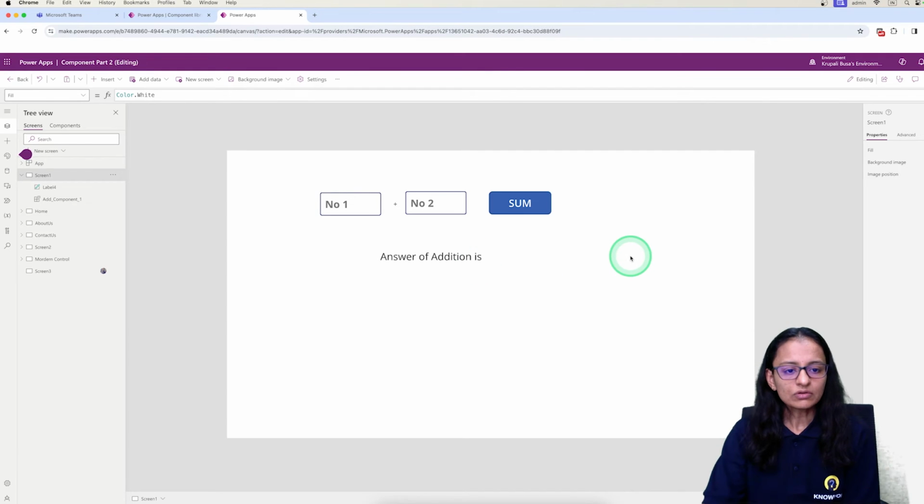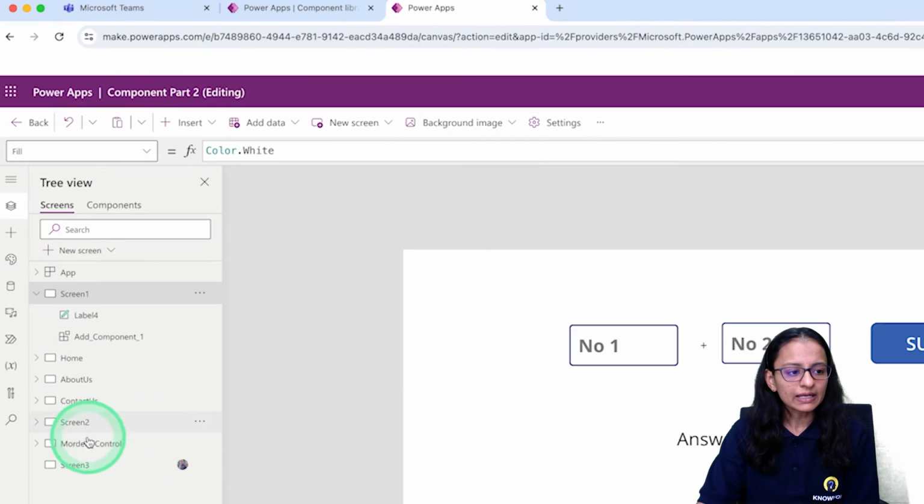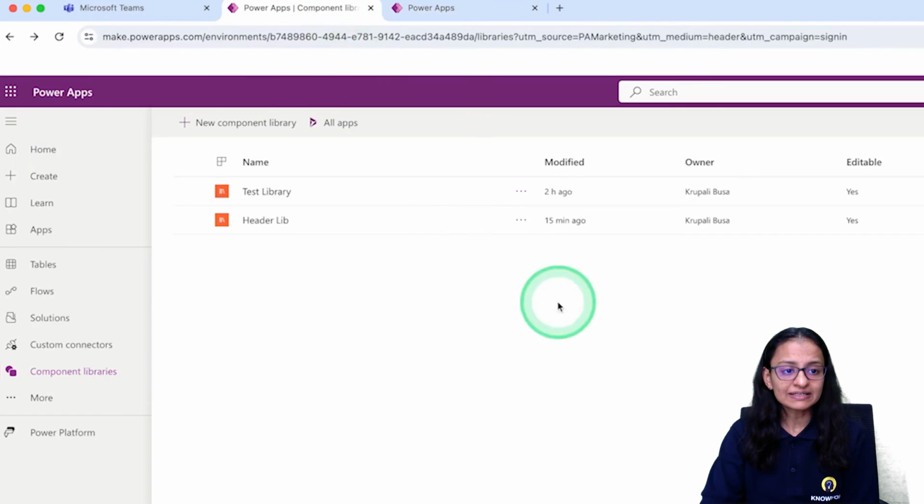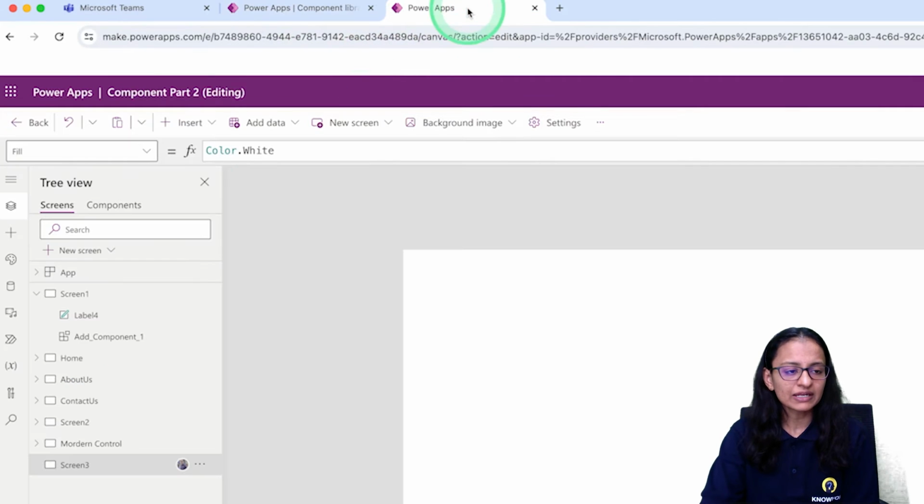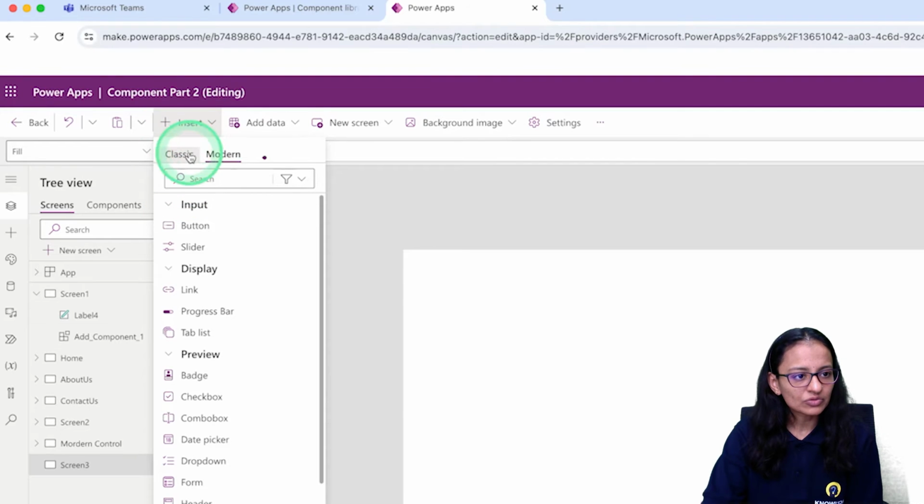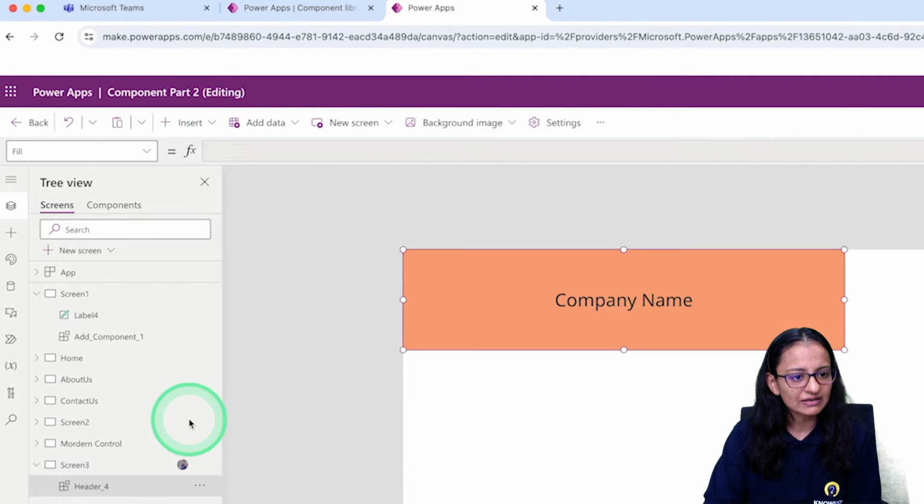Okay, so it's already refreshed. Now if you want to add a screen, if you want to add a header which we have already designed in this library, how can we add that? So let's try to insert using this insert menu. Click on insert, go to the classic, and if you try to add custom, here header is available,